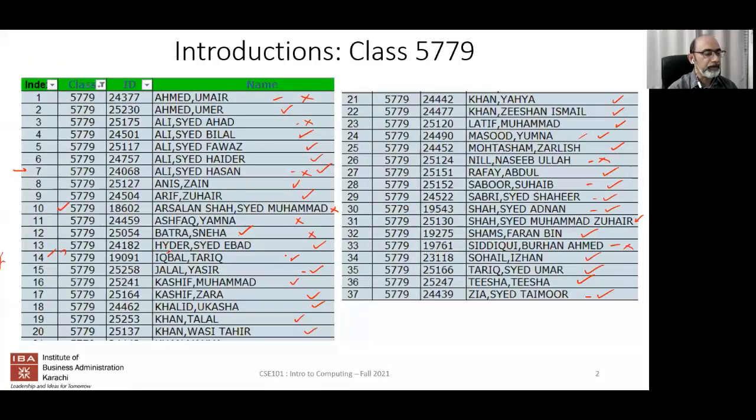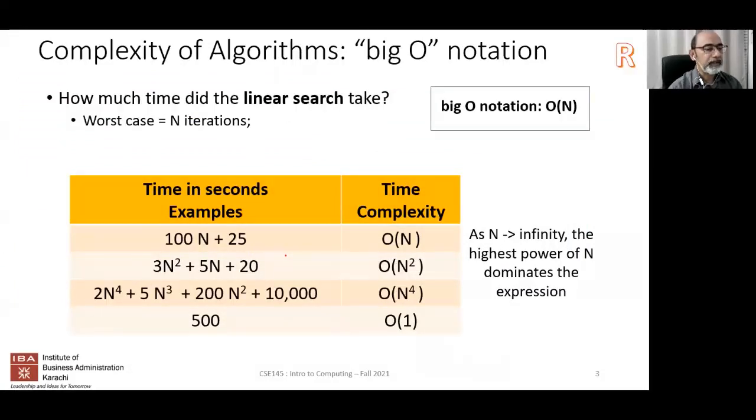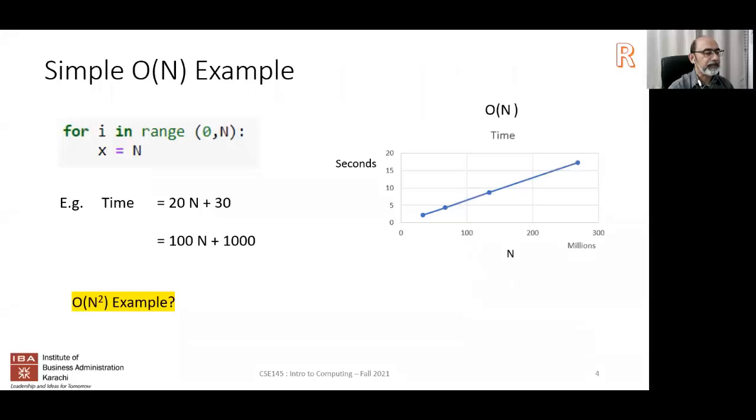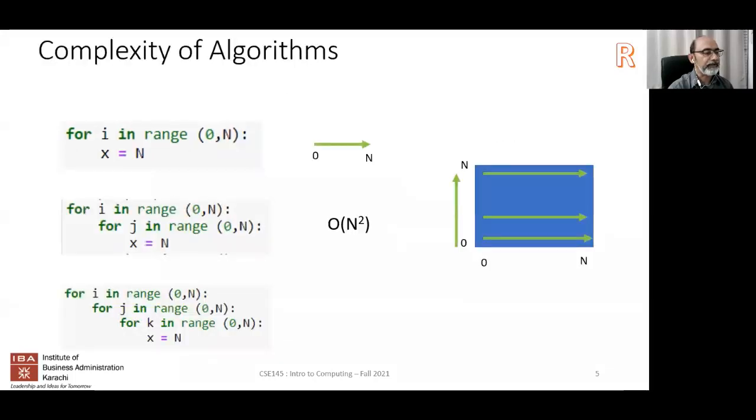Let's now do a review of the previous lecture, lecture number 3. In lecture number 3, we spoke about the big O notation and we looked at several examples. If you had a specific algorithm, how would you determine the big O? You would simply take the highest power of n. Next, we looked at some simple examples of order of n, then order of n squared, and order of n